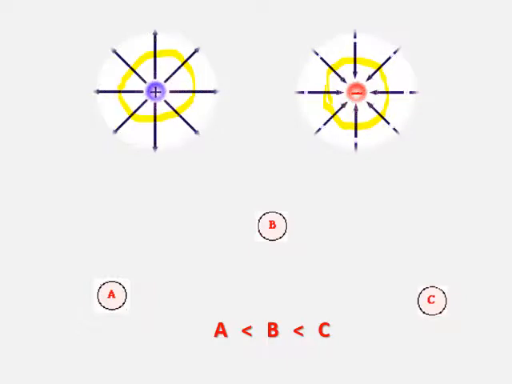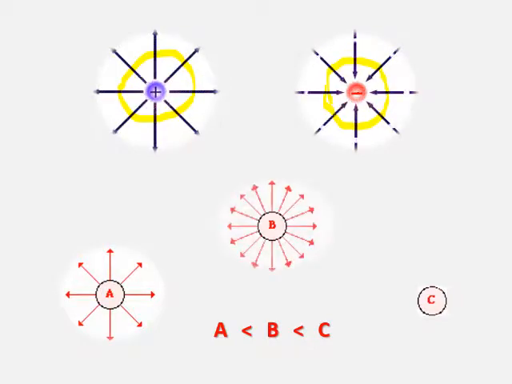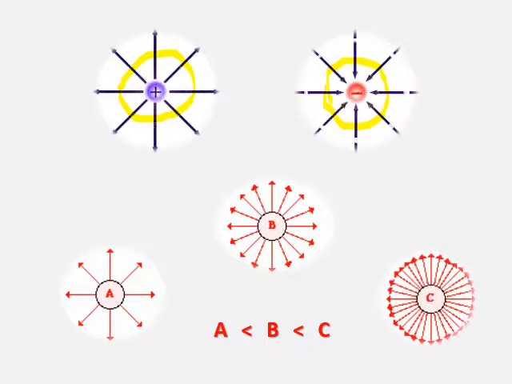The problem comes if you have charges of different magnitudes. Say I have three point charges A, B, C, and all the three are positive, but A is smaller than B and B is smaller than C. C is the charge with the highest value. How do I differentiate these three if I have to represent them by electric field lines? Okay, so that is also possible. We can represent A by some number of outward arrows, B with slightly more outward arrows, and C can be represented like this.